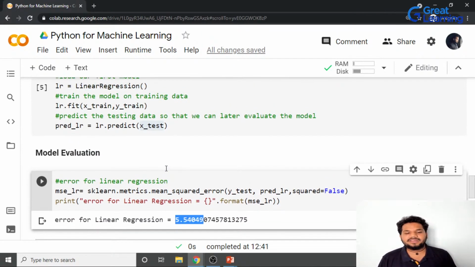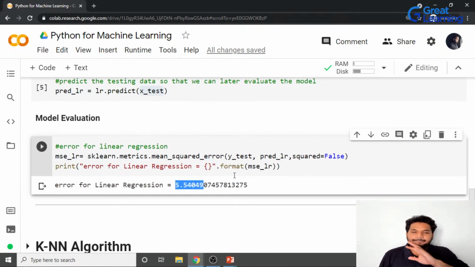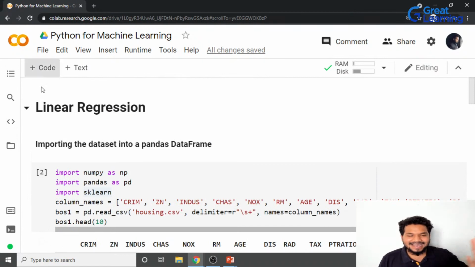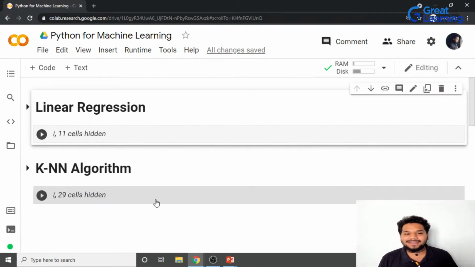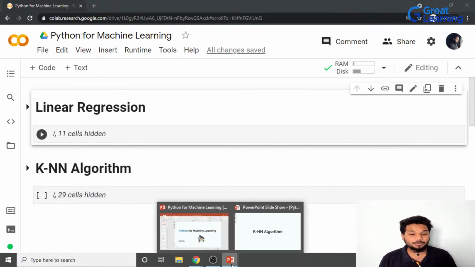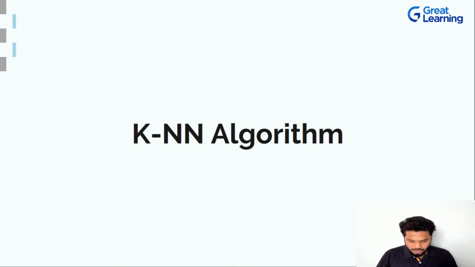Right now, when we use machine learning, we have a value of somewhere around 5.54. This value does not mean anything as it is, right? Just keep it in mind right now, 5.54. We are going to use the exact same data set, and when we use the KNN algorithm, you guys will understand which one is better, right? So to do that, quickly